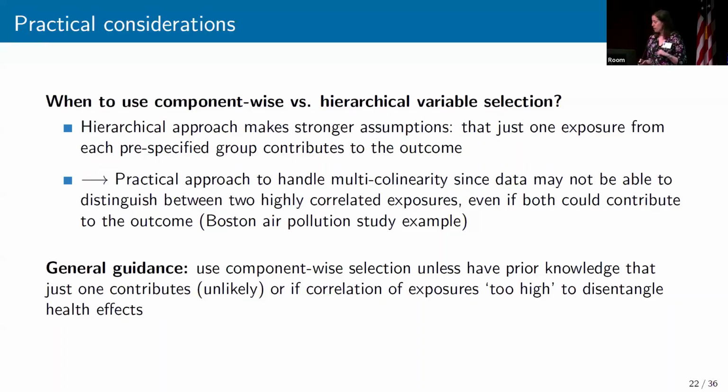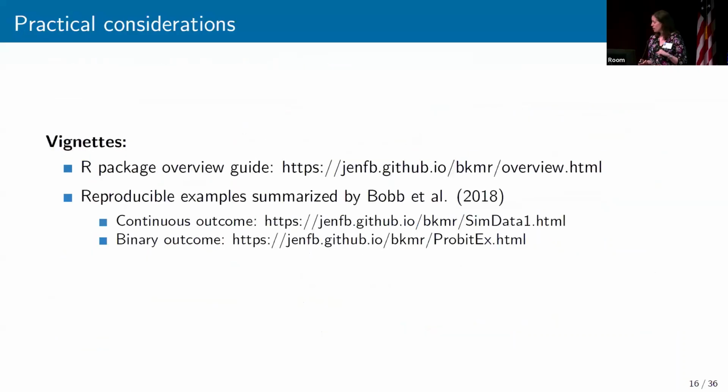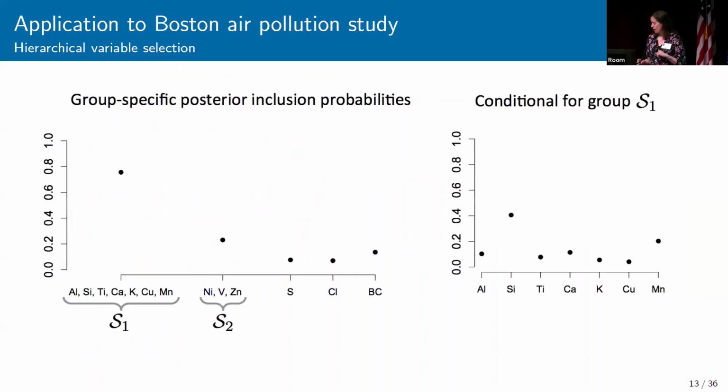So going back to our Boston air pollution plot, I don't know if I want to go all the way back to it, but let's see if we can get there quickly. Right now, the model would say that only one of these would be included in the model at a time. And we would say, maybe it's silicon or maybe it's manganese that's driving the effect. Well, maybe it's both. Maybe it's silicon and aluminum. Maybe they're both important. But because they're so highly correlated, we don't have enough variability in the data to estimate independent effects. So this is more of a practical assumption saying, given that we can't do this, we want to just let the data tell us which of these is important. So that's why we group them based off of just the highly correlated exposures.